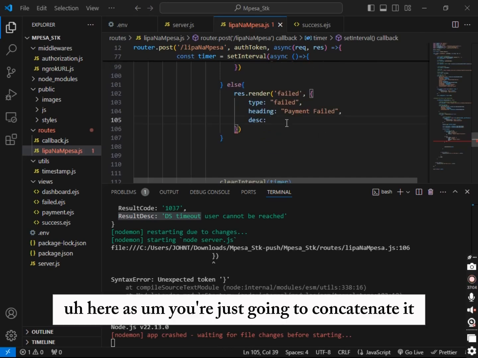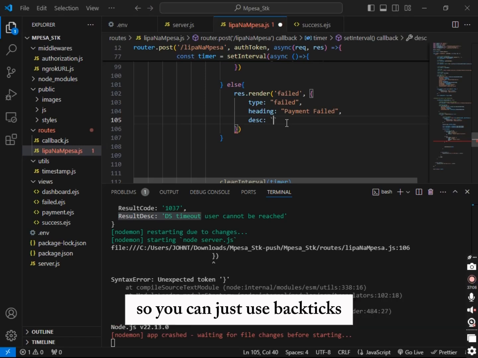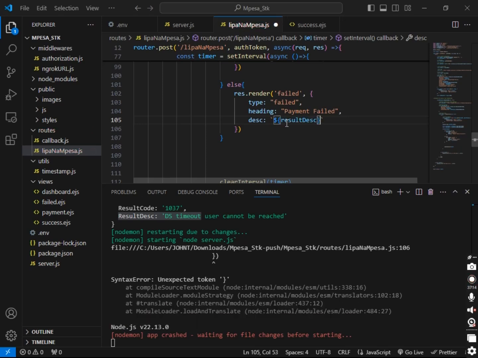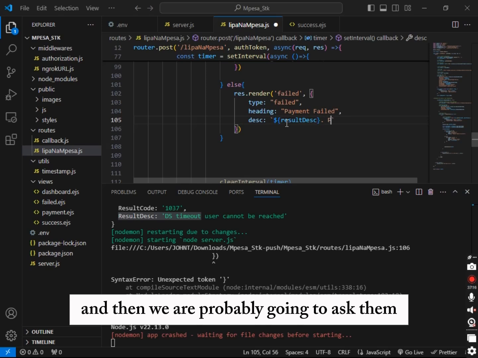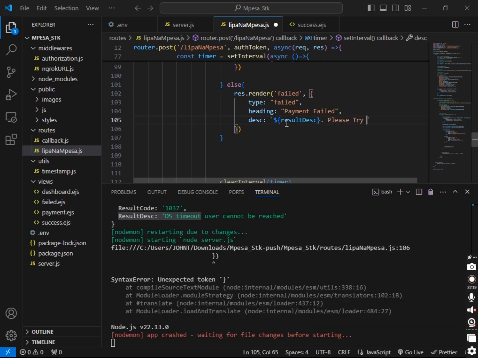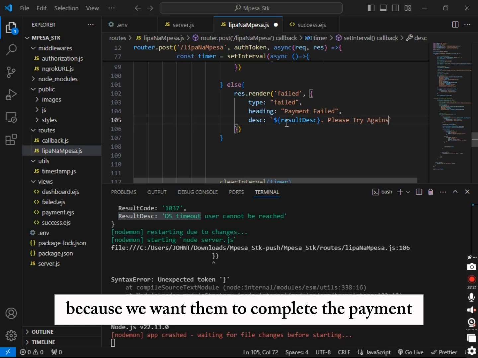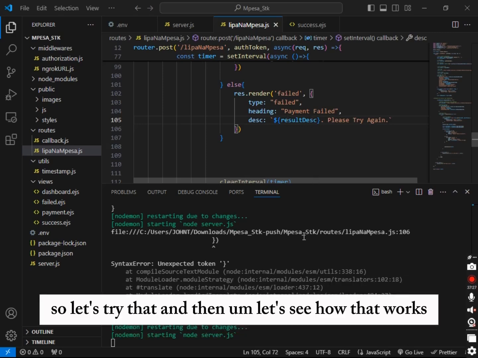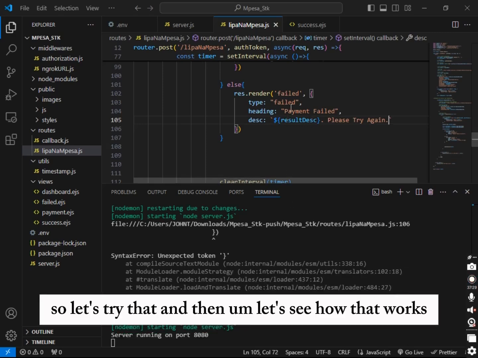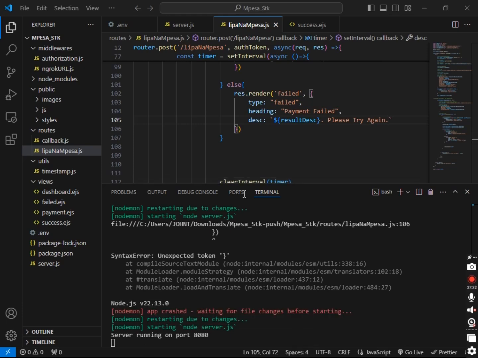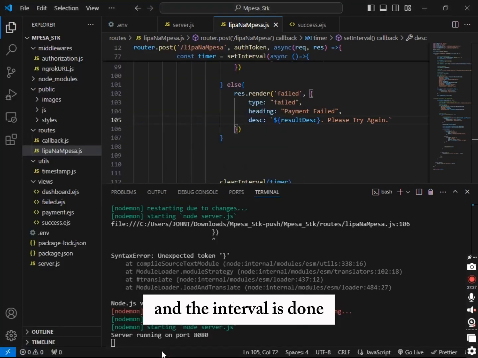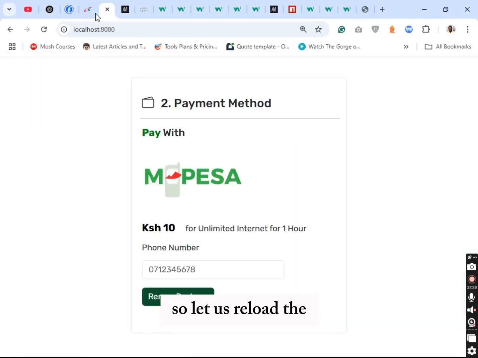Here, you're just going to concatenate it. So you can just use backticks, then just concatenate it that way. And then we are probably going to ask them, please try again, because we want them to complete the payment. So let's try that, and then let's see how that works. And once everything, so the timer can be called out and the interval is done, let us reload the